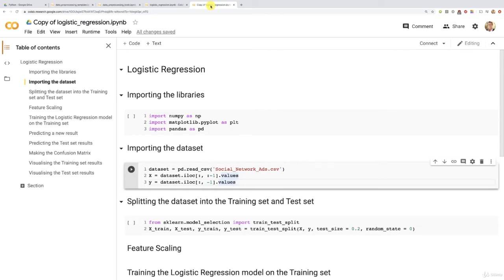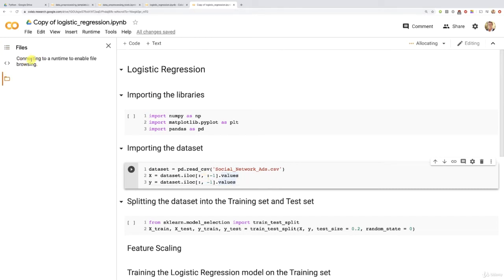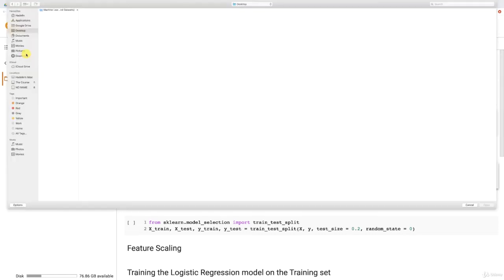Okay, and actually speaking of the dataset, now that we have the code to import it, let's not forget to upload it in the notebook, because in this same tutorial we will actually run these first cells. But before, let's make sure to finish implementing them. So here we're connecting to a runtime to enable file browsing, and in a second, there you go, we should have the upload button. So now we're going to click it to find our whole machine learning A to Z